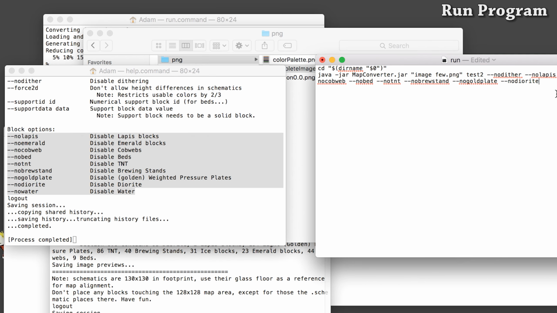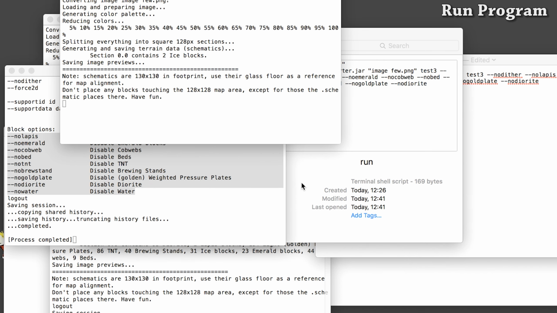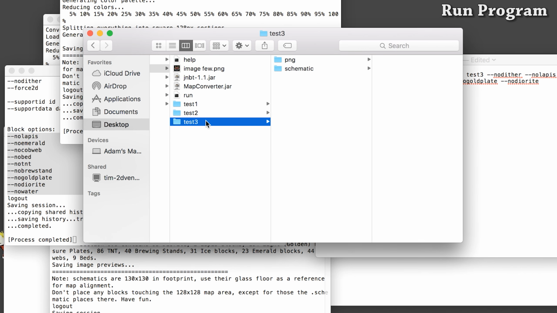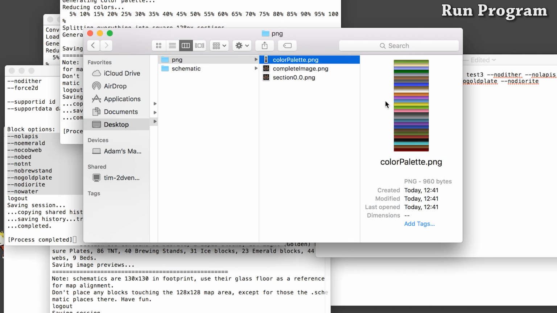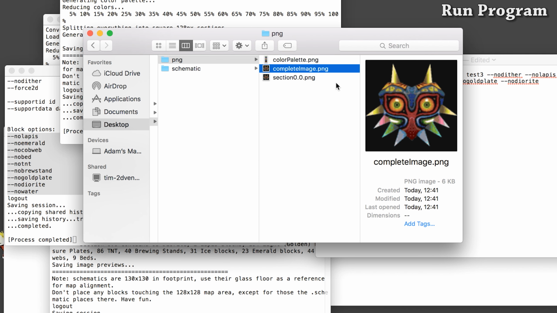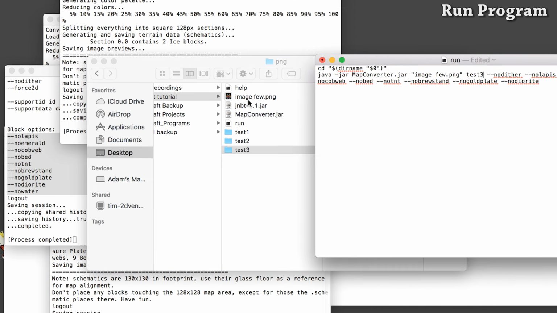So now with all those settings in, we can save it. I'm going to save this as a 3. And with that, I'm going to go back to my folder, run it, it does this conversion, all finished. And now I go into 3, and now we have all this stuff without all those extra things in there. You can't really tell. You can tell in here there's fewer colors than test 1 when we originally had it. But ideally, this is really good for survival because you get rid of all those tricky blocks to get, like lapis and emerald. And if you add a file, you need to go into your run